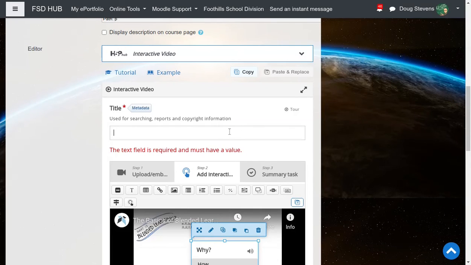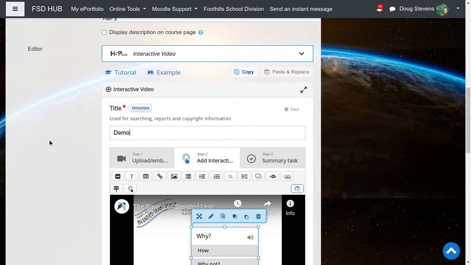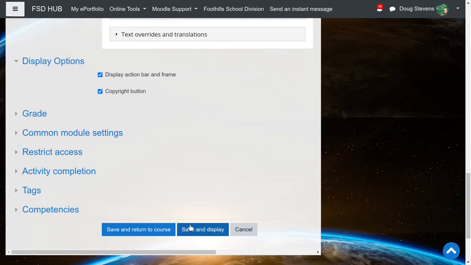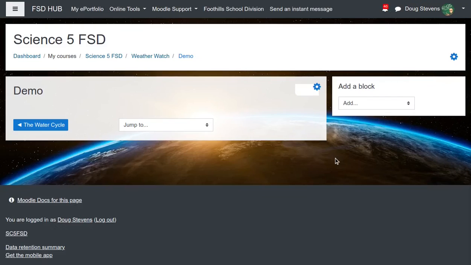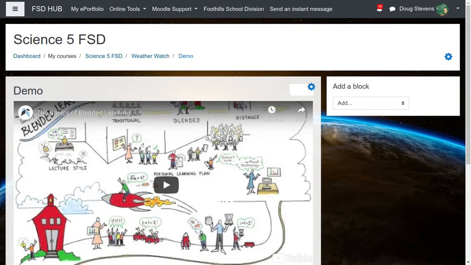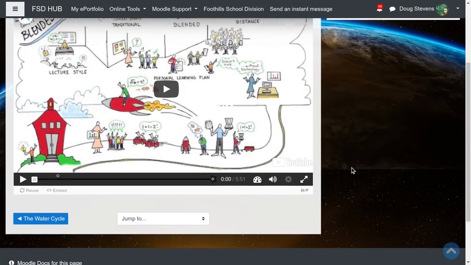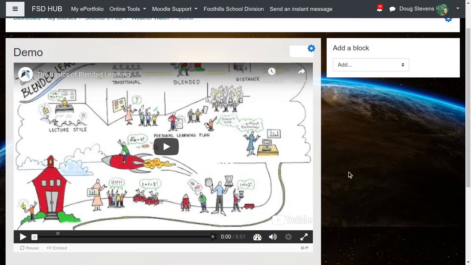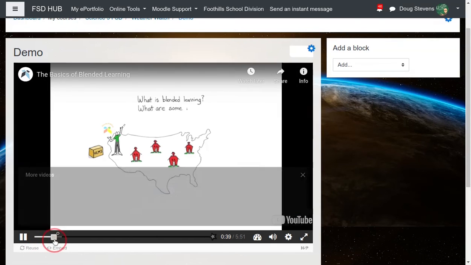Oops, I need to give it a title. I can go save and display. It usually takes a couple of seconds when we're using one of these, but once it's done, you can see it's popped up. It looks basically like a simple YouTube video, but you can see that on the track now are my questions, and if I jump ahead,